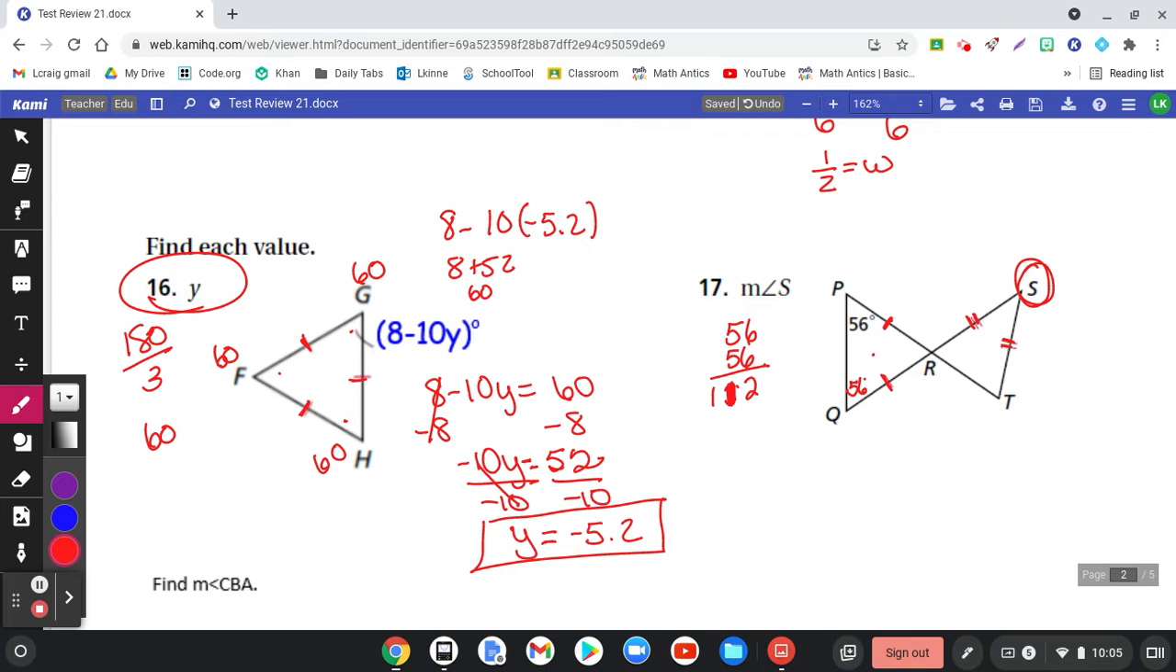112, right? And so that's what those angles add up to. And since all the angles in a triangle add up to 180, we can then subtract 180 minus 112, and we get 68